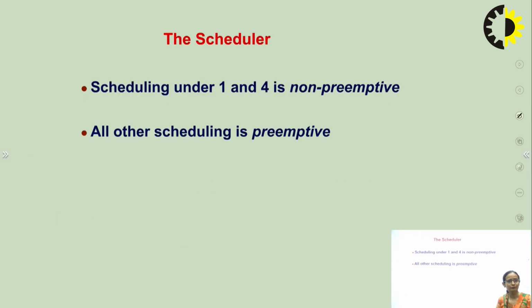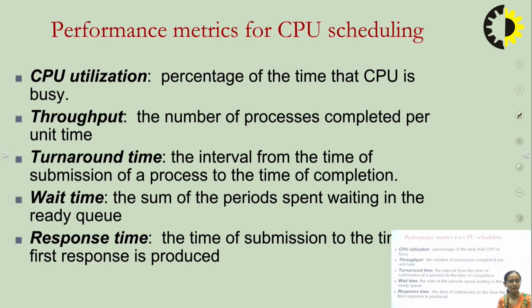So 1 and 4 come under the non-preemptive category, and your second and third come under the preemptive category. Now, once we are discussing the types of CPU scheduling algorithms, there are certain performance criteria